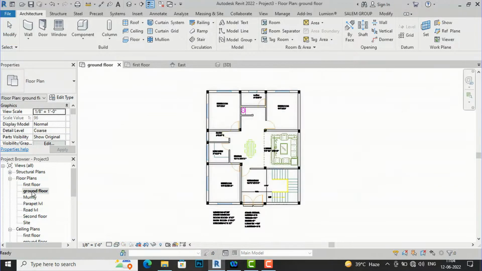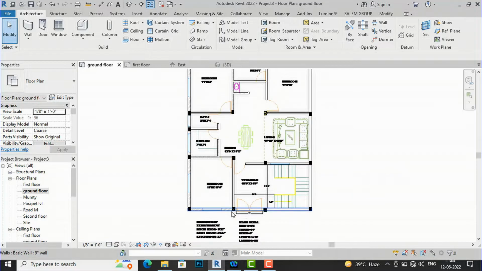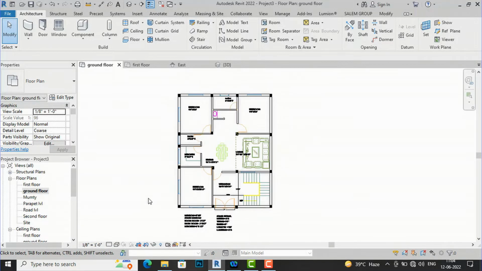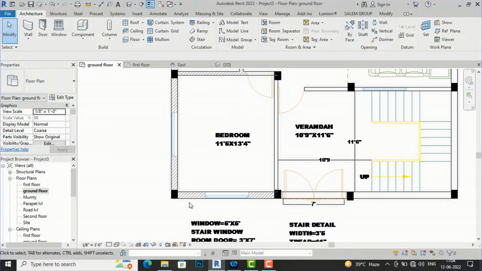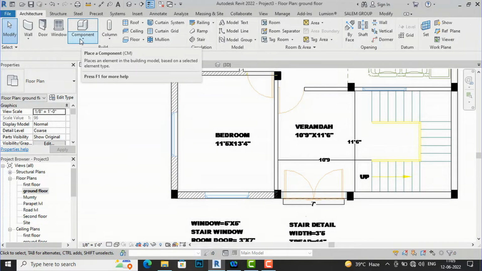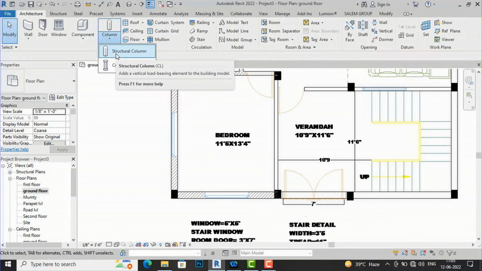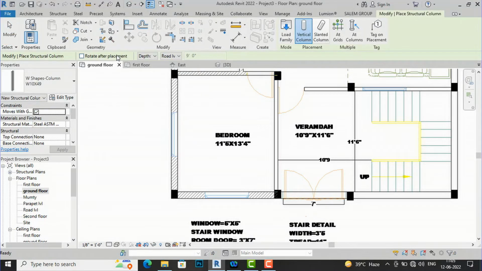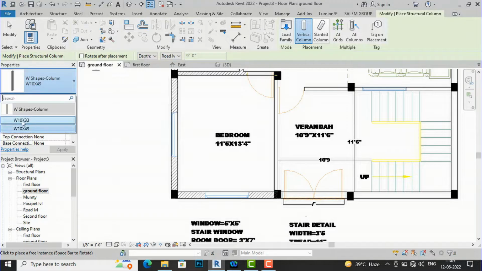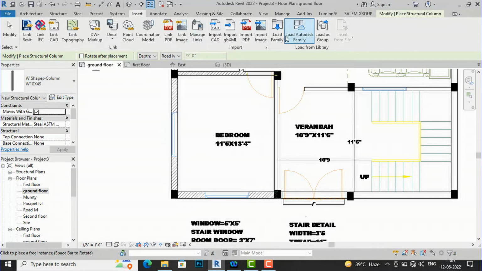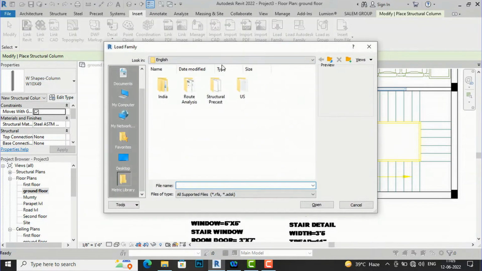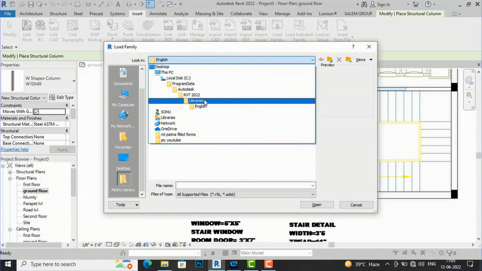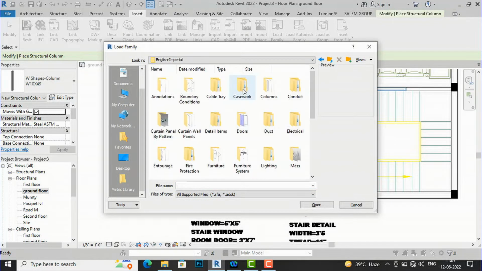So now I'm going to ground floor, and now we can use columns also to make this. So now I'm going to my columns here, and I will go to column, structural column, and by default it is this W shape column, that is I section. So we are required to insert. So I'm going to insert and load family, and then I will go to libraries here, English Imperial, and I will go to columns,